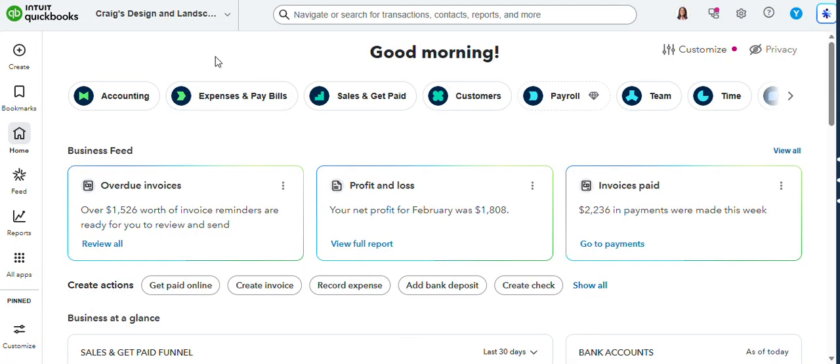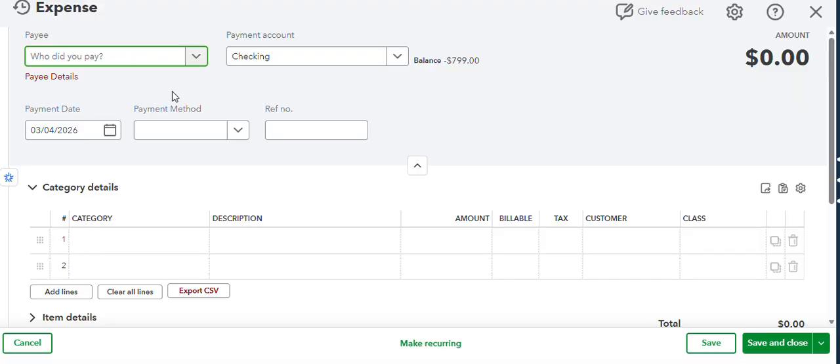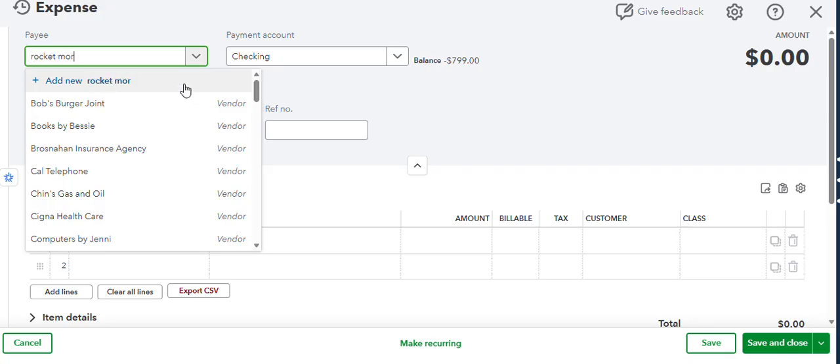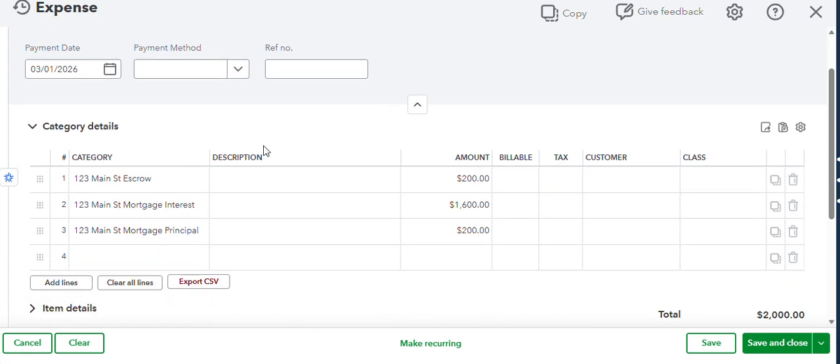And then in QuickBooks, you want to go to Create, and under Vendors, click on Expense. And so let's say it was a payment to Rocket Mortgage. So in Payee, you'll enter Rocket. Select that. If it was paid with your checking account, payment account will be checking. And this was a mortgage payment on March 1st, 2026. So we'll change the date here to 3/1/26. And now down below,